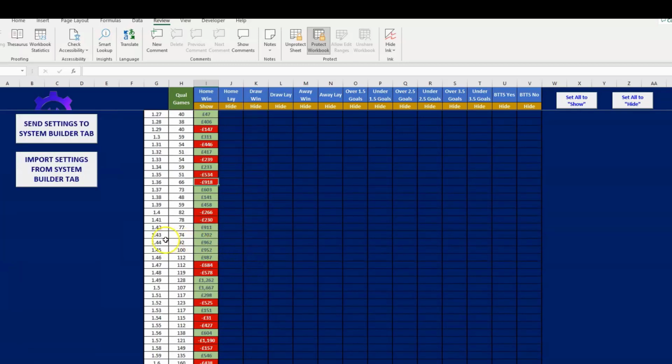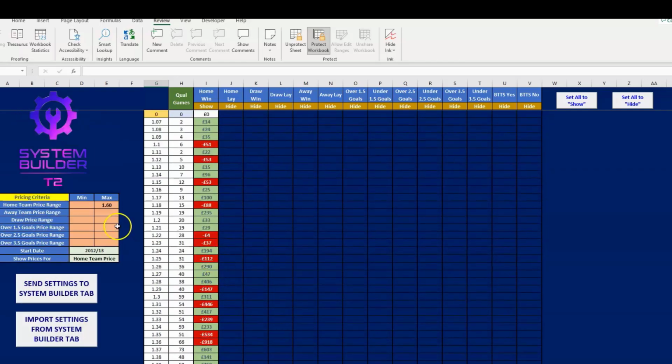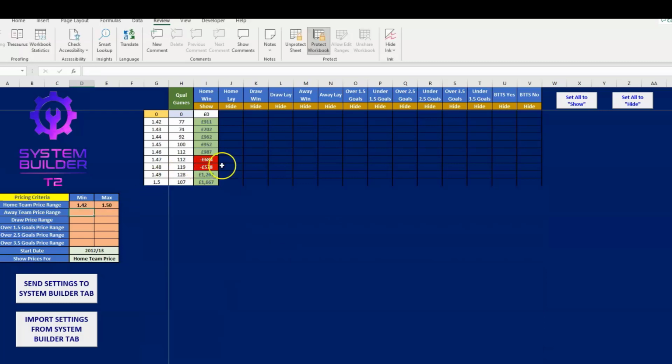Okay, now I'm going to filter out. I'm going to be very silly here. I'm going to filter out between 1.42 and 1.5 because there's quite big green numbers here. So between 1.42 and 1.5, I'm going to just pop that in, and that will now come down to obviously a very, very small, very narrow search. But bear with me, this is a bit silly, but you'll get the general idea. And now I'm going to go and look at it by away team price.